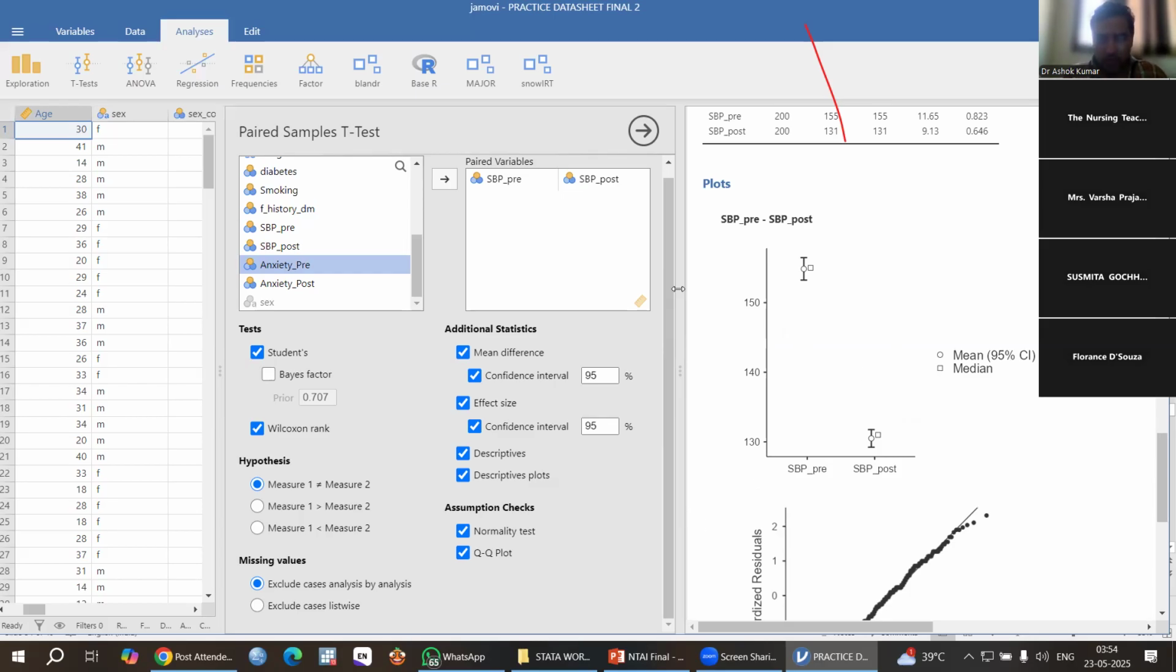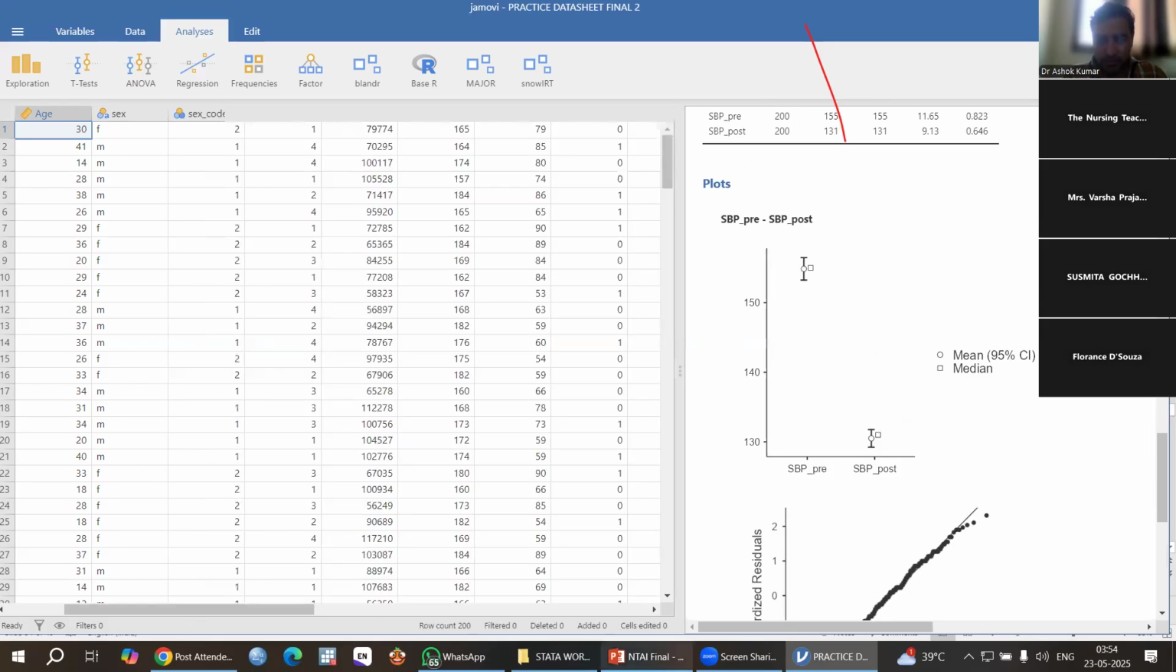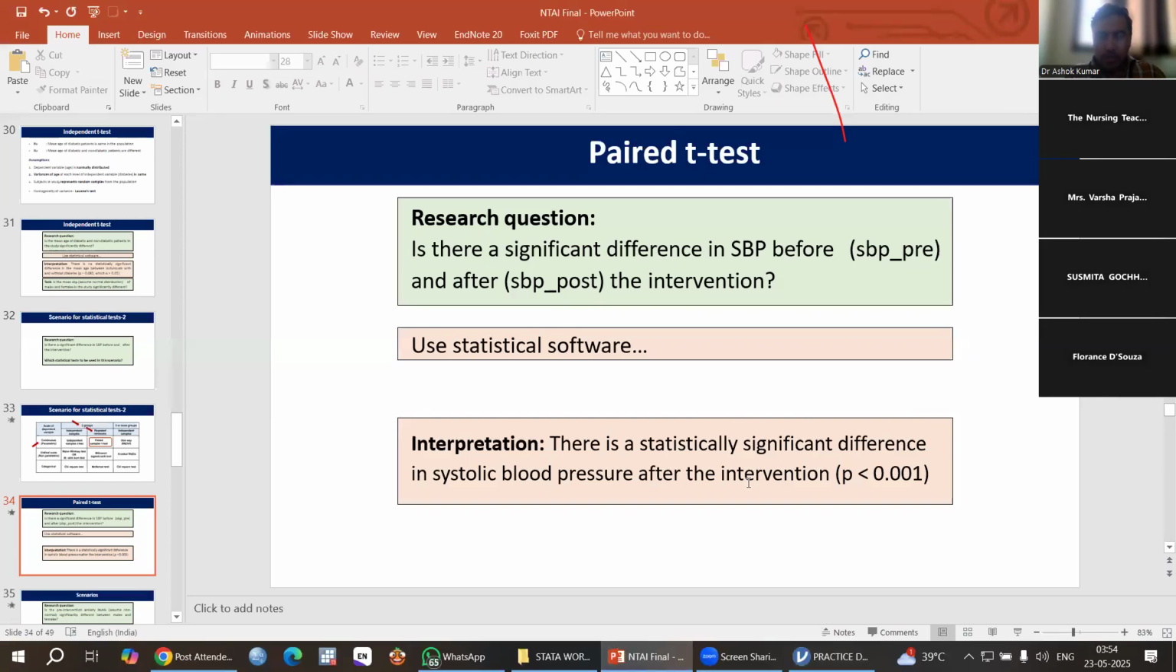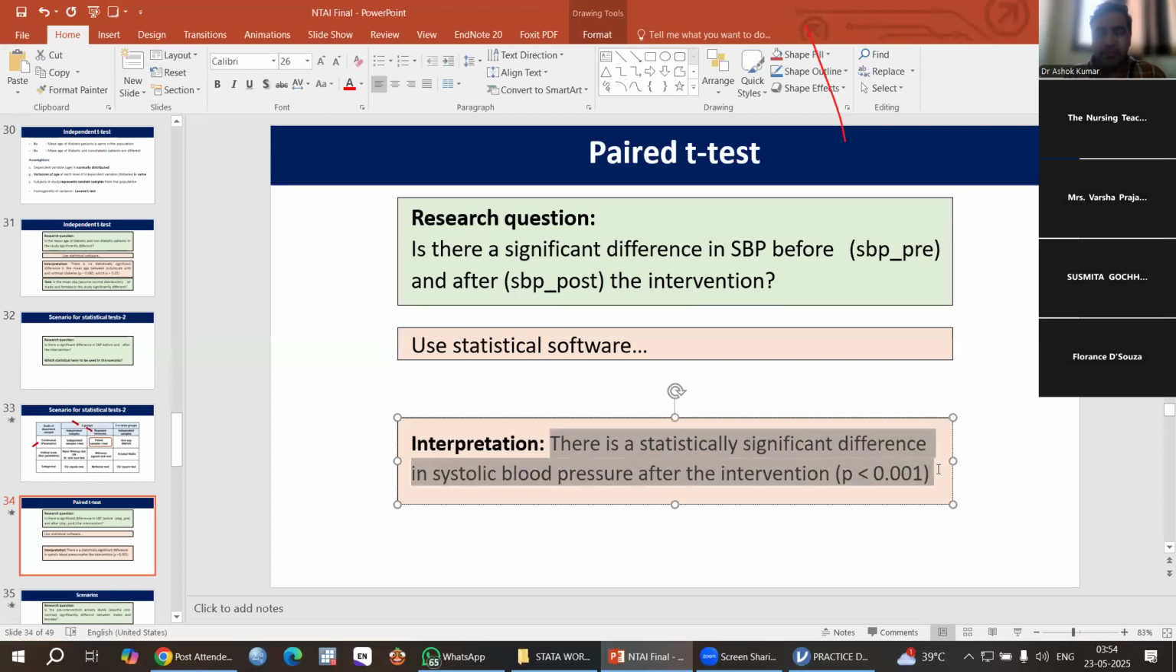Okay. Now, next, so we can say there is a statistically significant difference in systolic blood pressure after the intervention. Okay, so this is p value less than 0.001. Now next,